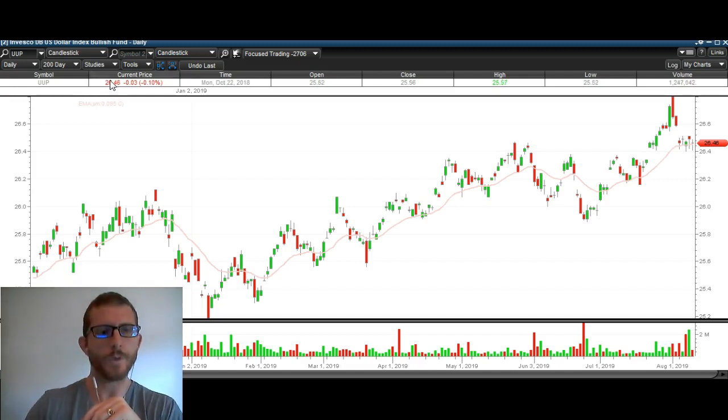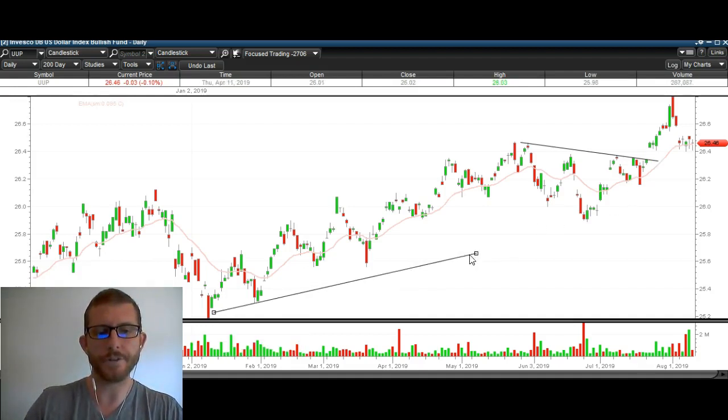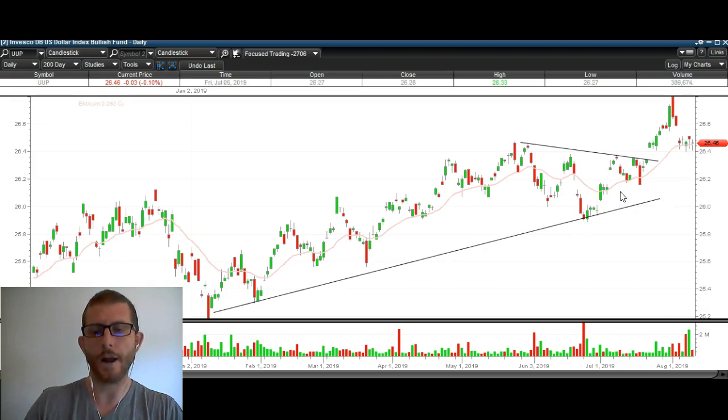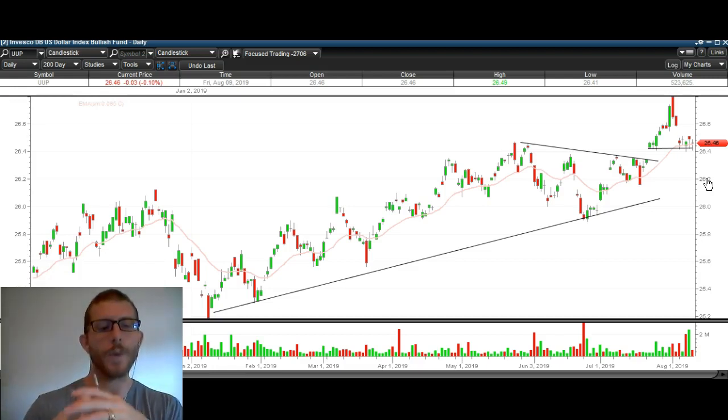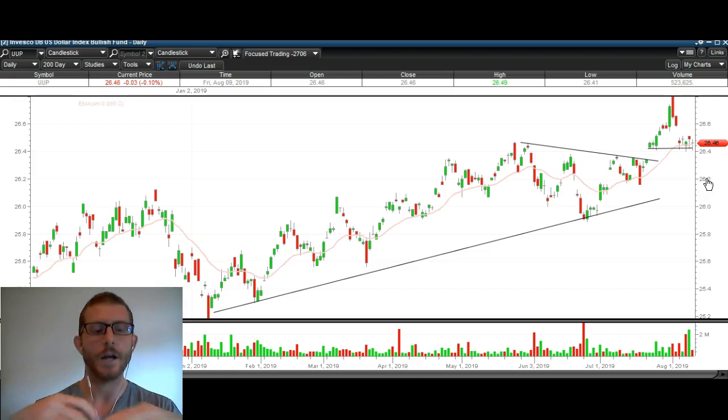So we've got a nice trend line break over this gap up right here, very much so in an uptrend. You can clearly see just trending higher and higher. Now we have a gap down, but look at where we gap down to, just to this level here that we gapped up to right here. So right now, to me, there's no reason to get bearish on the dollar. That doesn't mean that it can't head lower, but it just means that we haven't seen anything yet to really